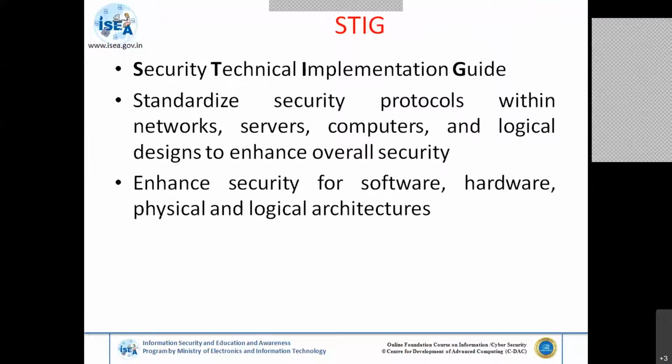Okay. So what basically STIG is, it's the Security Technical Implementation Guide. It is more focused on network protocols, security protocols, and hardening, and exactly how to improve the security of overall networks and overall security, and how to design the network architecture. So with respect to your systems, with respect to your different logical architectures, suppose if the software is there, we can use this software as a basic implementation guide. So we can see those under the STIG.